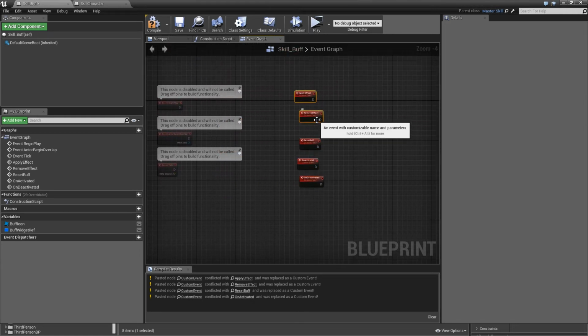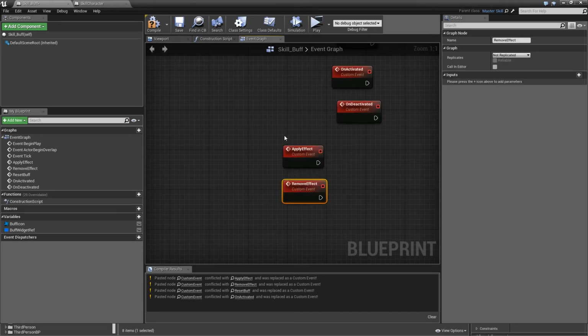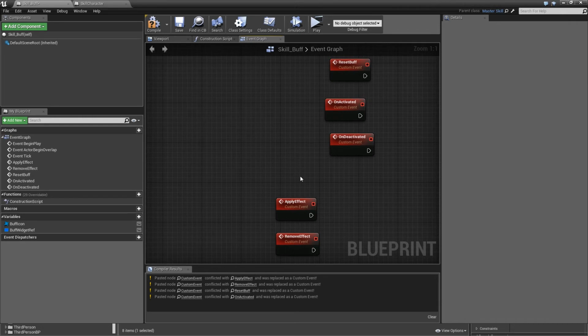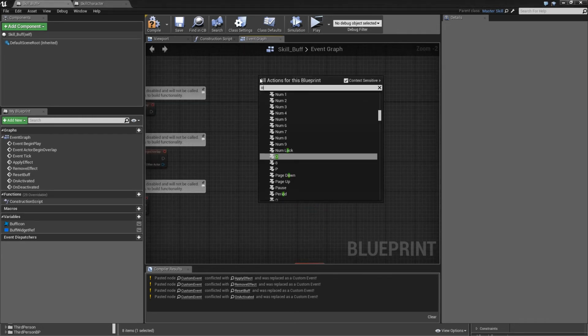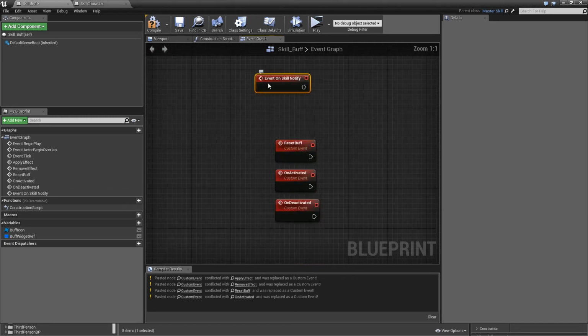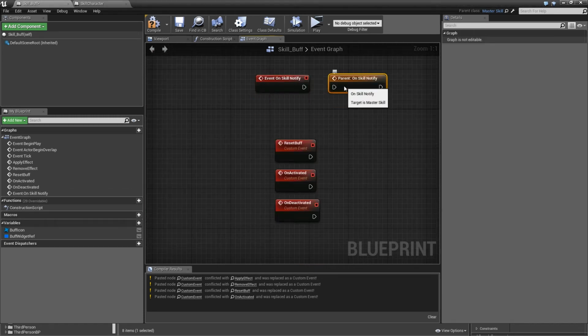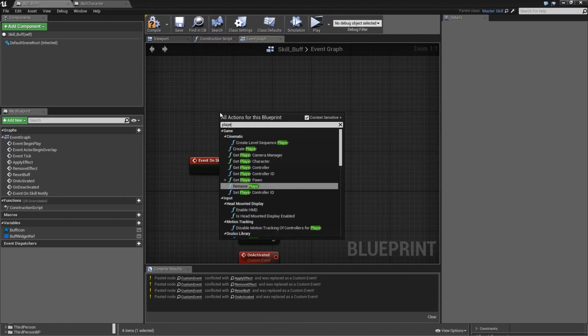The apply and remove effects we can put aside, because those will define what the buff actually does and will therefore be implemented only in the child classes. Then let's override the onSkill event, onSkill notify that we've got. First add a call to parent, just in case we ever add something in our parent class to that. And afterwards get our player reference,